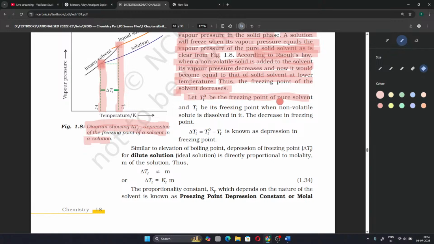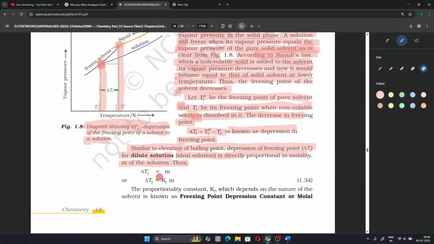Let T naught F be the freezing point of pure solvent and Tf be the freezing point when the non-volatile solute is added or dissolved in it. Then the decrease in freezing point, delta Tf equals T naught F minus Tf, is known as the depression in freezing point. Similar to elevation of boiling point, depression in freezing point delta Tf for a dilute solution, an ideal solution, is directly proportional to